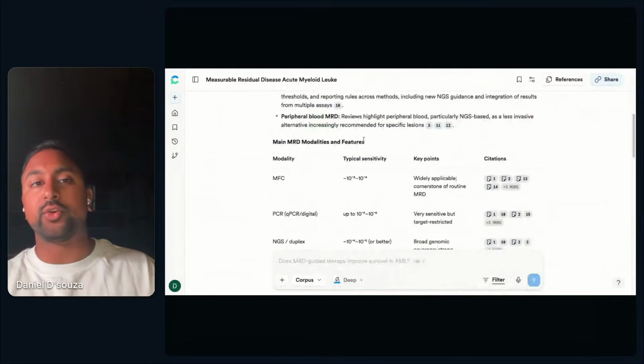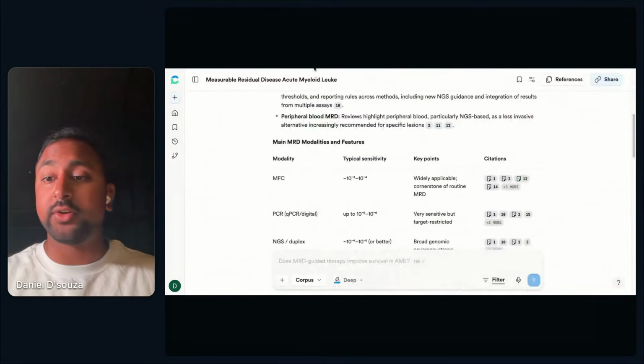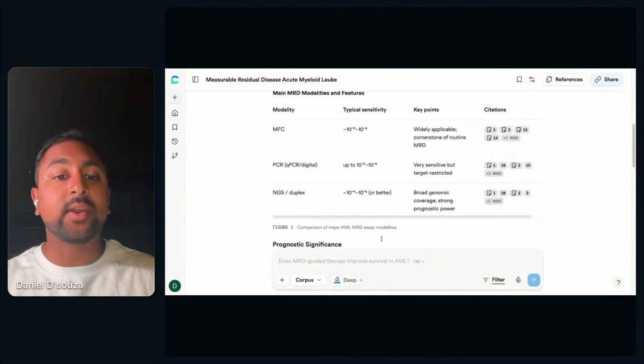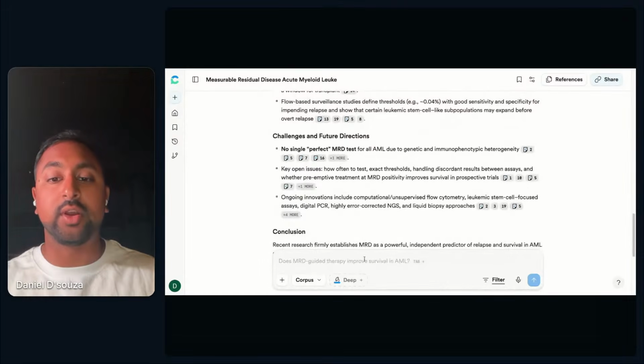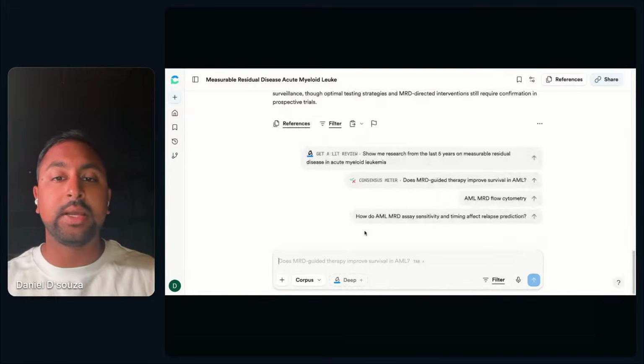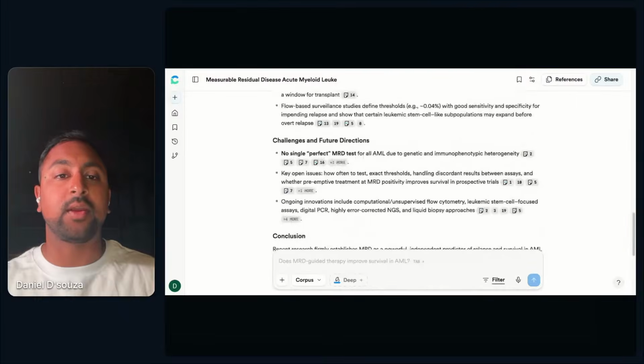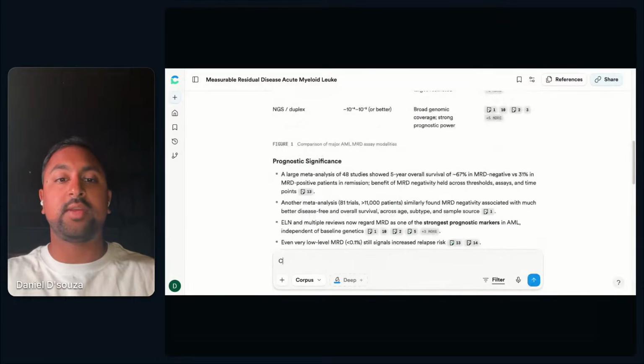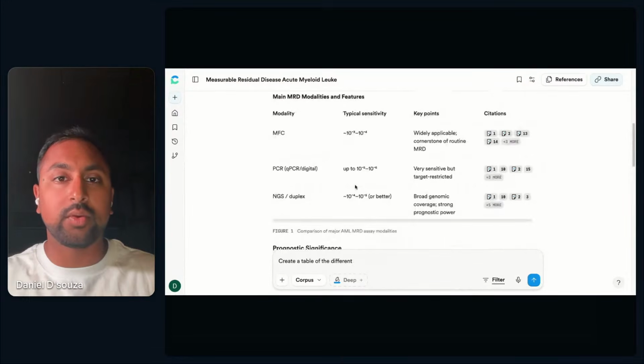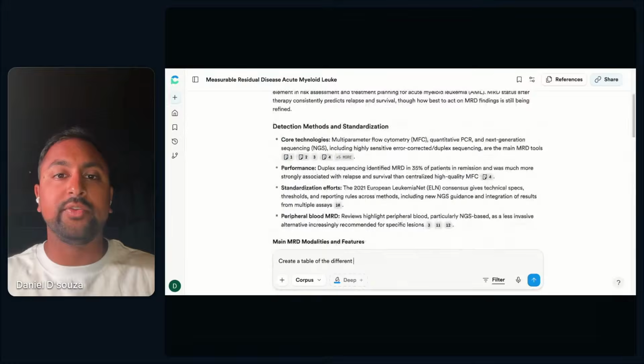And so one thing I want to show you now is, now that we've got a base understanding of the actual core search, I can go ahead and ask follow-up questions. So you can see here, it's already got a recommended follow-up question. But let's go ahead and do something like create a table of the different, let's say, what do we have in here? Of the different,